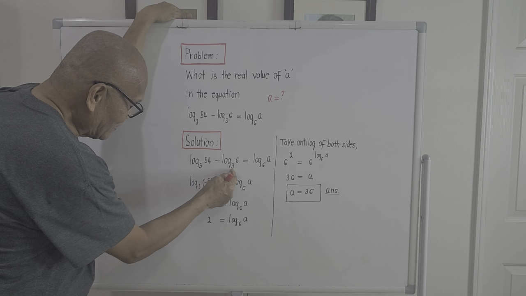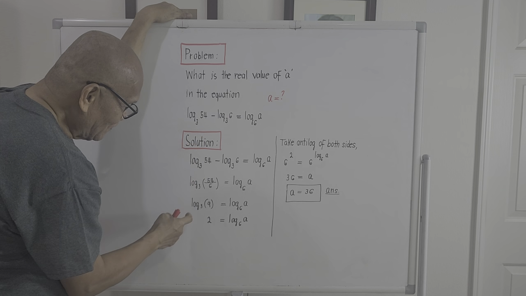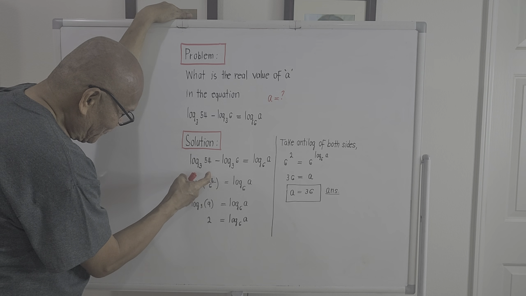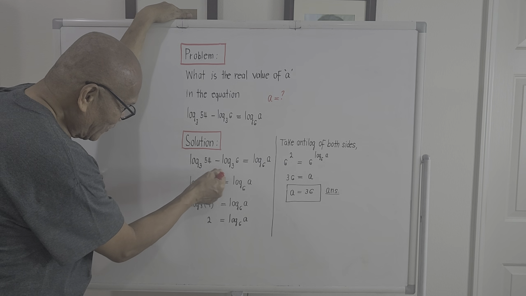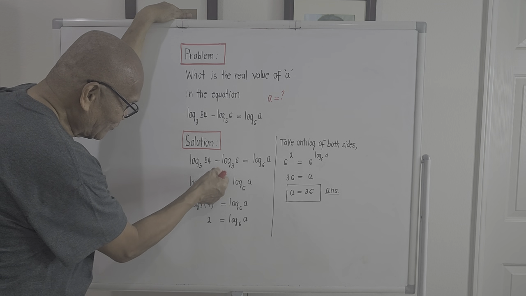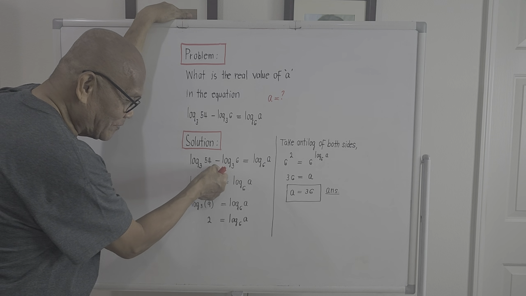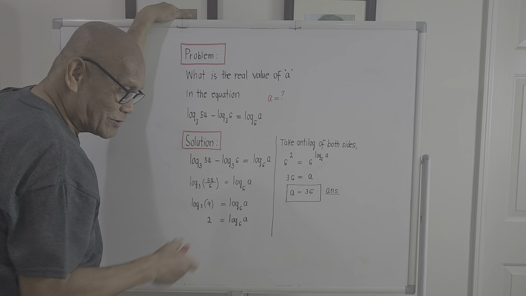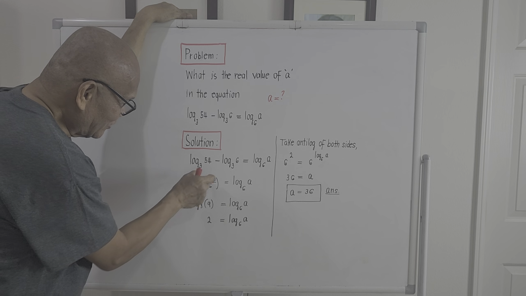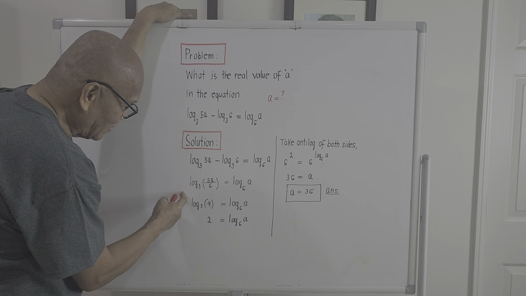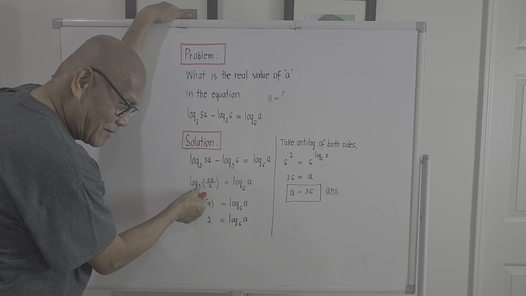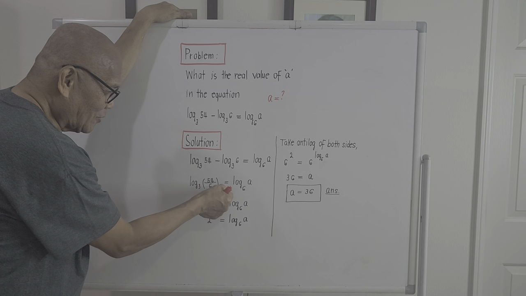So the left-hand side can be written as the logarithm of the ratio 54 over 6 with the same base 3, and this should be equal to